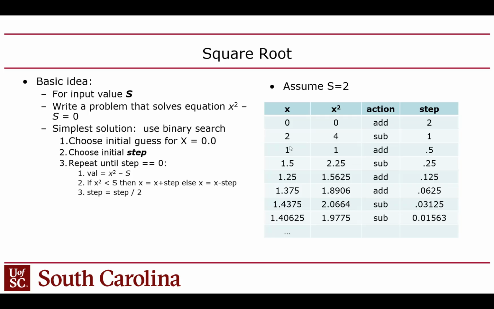This time I subtract half the original step, which is 1. That gets me down to 1. I square 1, I get 1. Too low. I have to add 0.5. Now I have 1.5. I square that, I get 2.25. Too high, I overshot. So then I subtract 0.25. Now I'm at 1.25. I square that, I get 1.5625. That is too low, I'm trying to get to 2 here. So then I add 0.125 and I get to 1.375. And I just keep repeating that until I eventually run out of step, in which case that's the closest I can get to the square root,